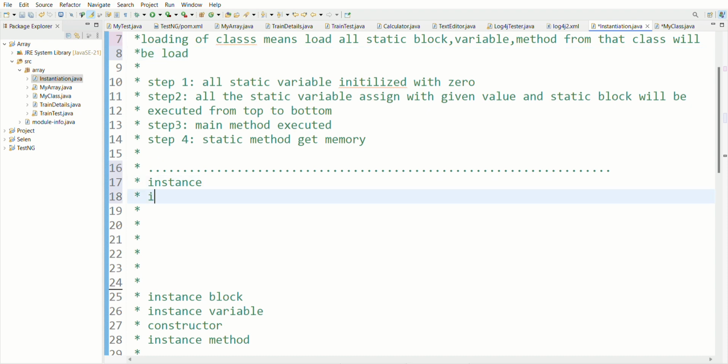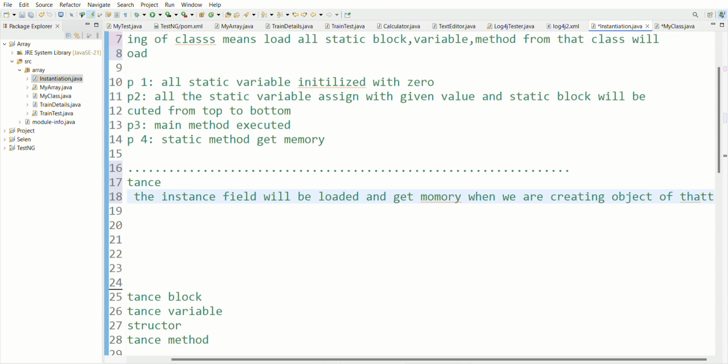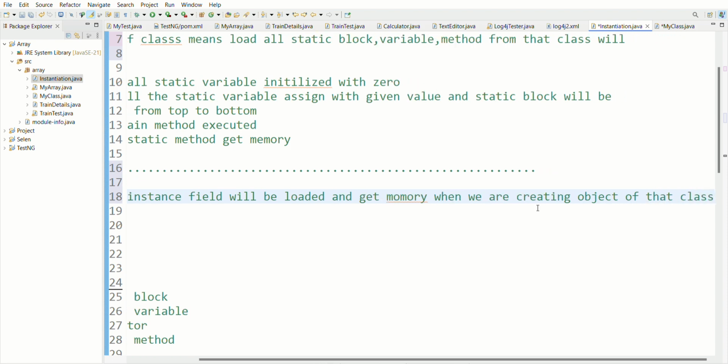All the instance fields will be loaded and get memory when we are creating an object of that class.